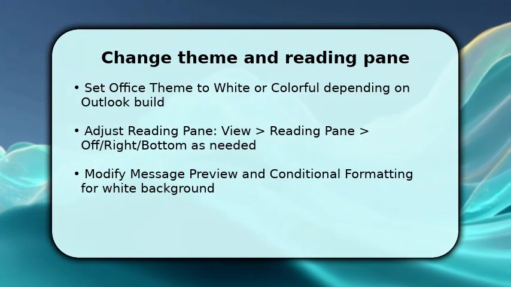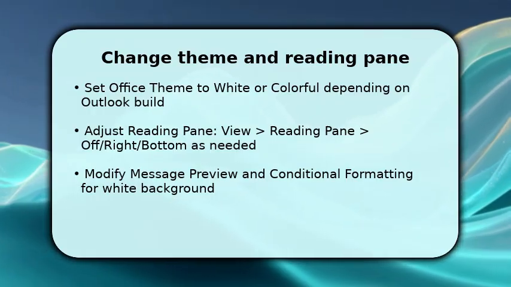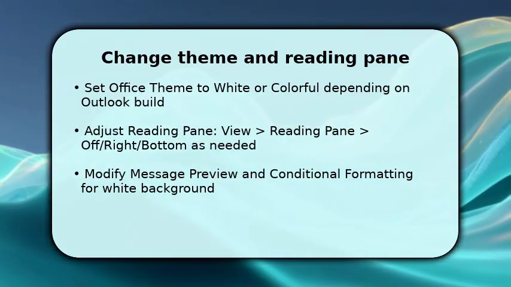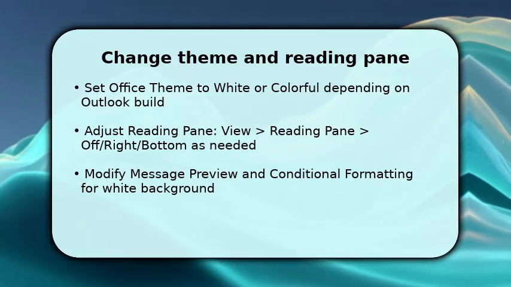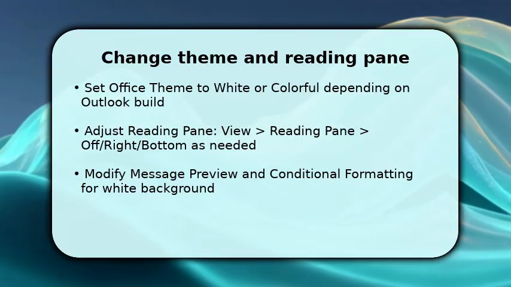Now change the Office theme to white under File Options General. If white is missing, choose Colorful then disable Dark Mode. Once done, go to View Reading pane and pick Right or Bottom, or turn it off to ensure message backgrounds